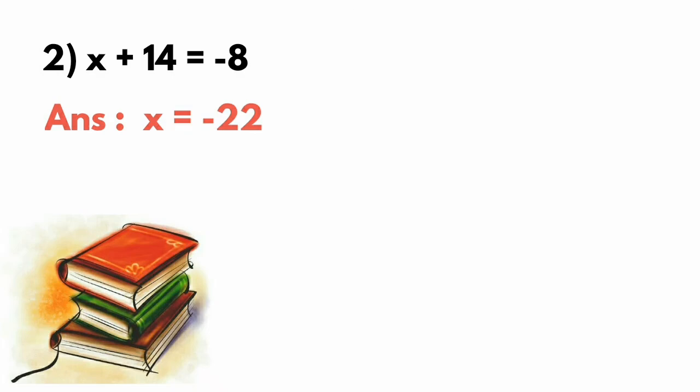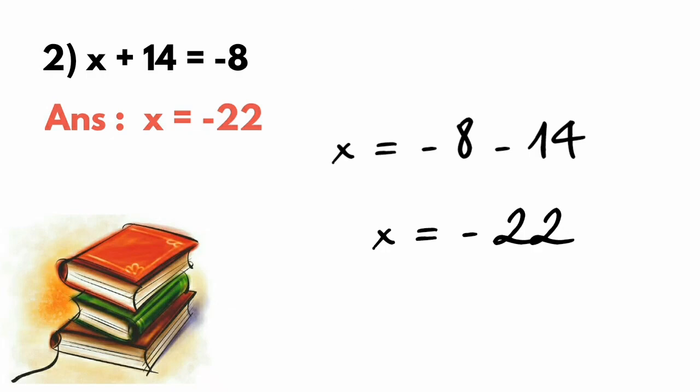The second question that we solved by the subtraction method, here we solve it by transferring the right side number to the left side. The minus 8 will transfer to the left hand side as it is with the sign, and on the left side the plus 14 will become minus 14. So the value of x is minus 22. The minus minus will become positive, so we add the numbers and we take the bigger number's sign, that is minus 14's sign, that is minus.